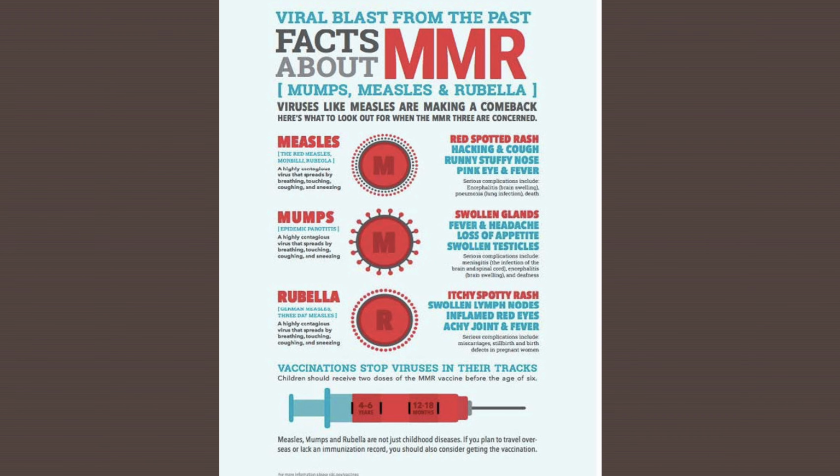And again, good news. For these three, measles, mumps, and rubella, there is a vaccine. So make sure to get vaccinated. This is the MMR, usually given during childhood, but you can always get a booster. Or if you haven't had an MMR, please go out and schedule an appointment to get poked for your MMR.